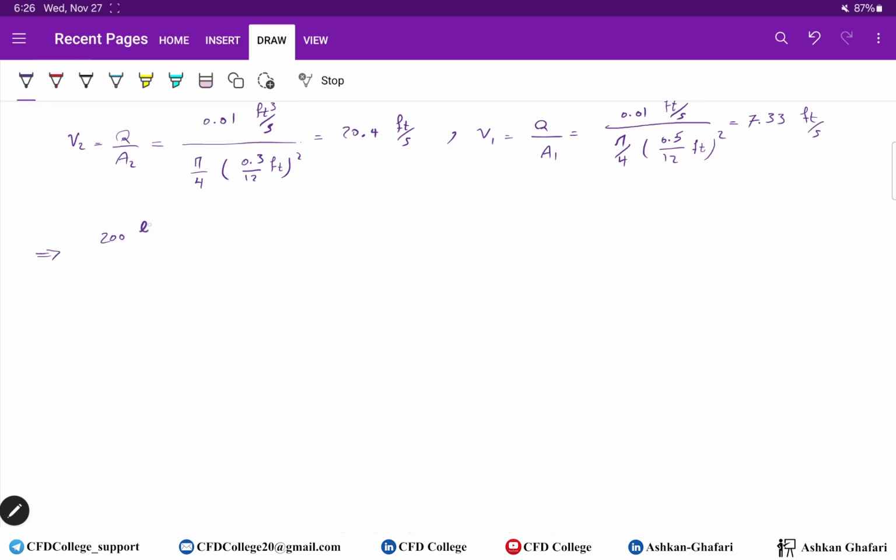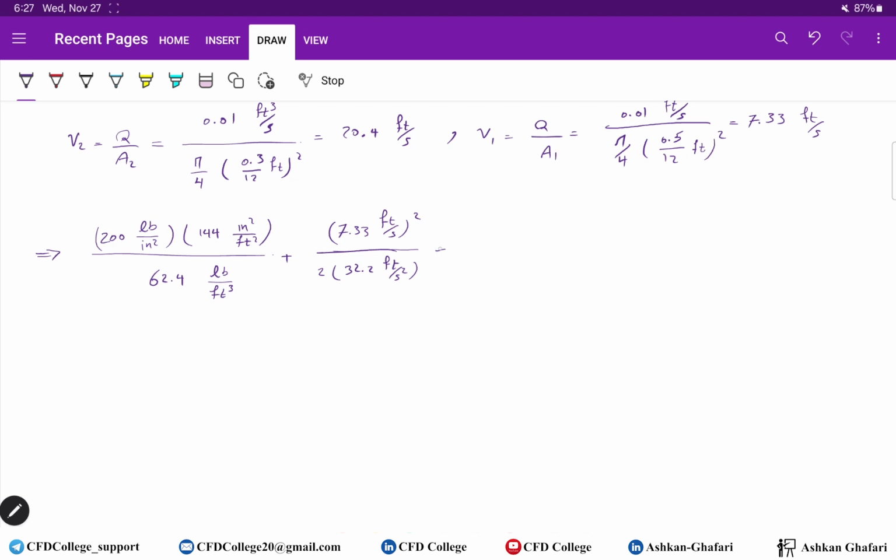200 psi, pounds per square inch, times 144 square inches over square feet, over gamma, 62.4 pounds per cubic foot, plus V1 square, feet per second squared, over 2g, 2 times 32.2 feet per second squared,